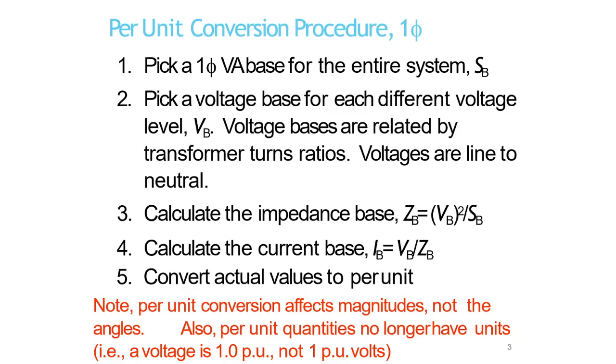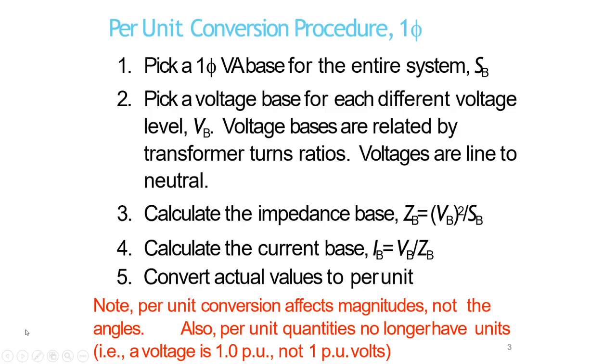Third is to calculate the impedance base, that is ZB is equal to VB square by SB. Then calculate the current base, IB is equal to VB by ZB. Then convert actual values to per unit values. We have to make a note here that per unit conversion will affect magnitudes, not the angles. Also, per unit quantities no longer have units, that is a voltage is 1 per unit, not 1 per unit